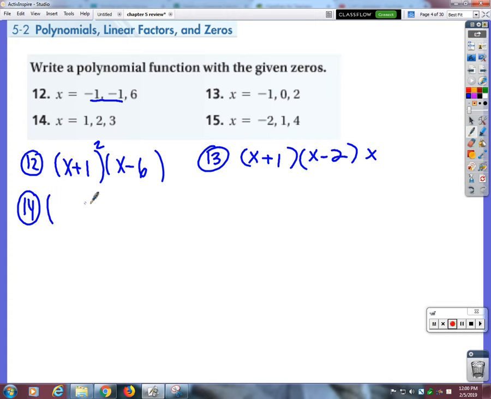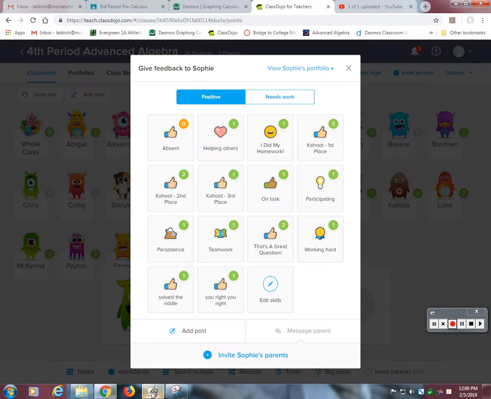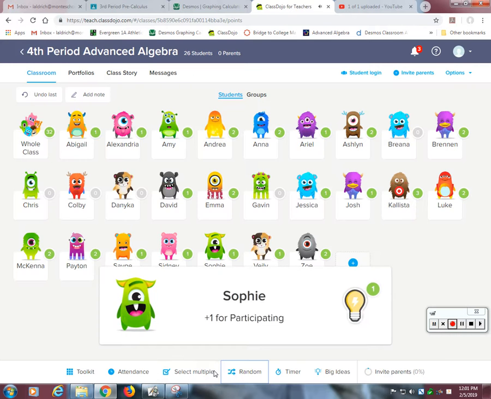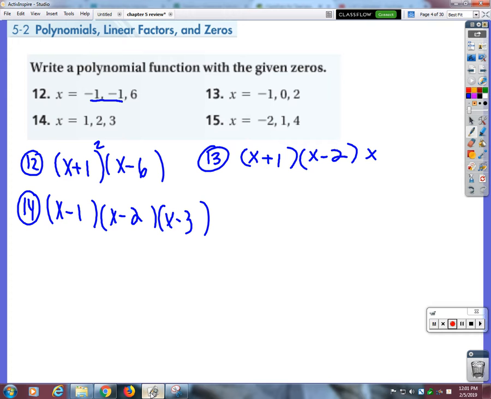Okay, Sophie, 1, 2, 3. There you go. X minus 1, x minus 2, and x minus 3. All right, and then Anna, last one of these. I've got negative 2, 1, and 4. So my factored form is going to be,